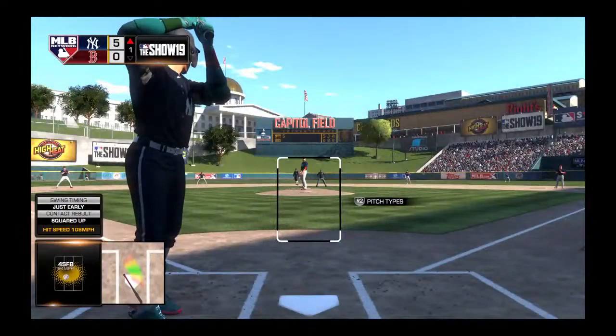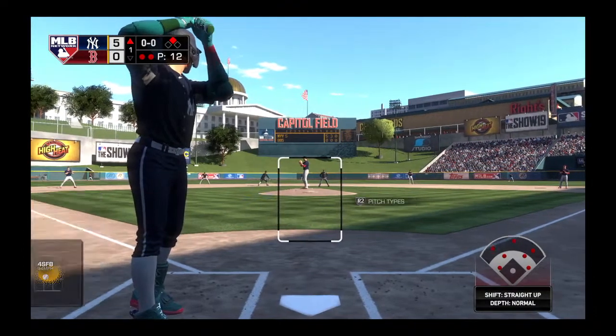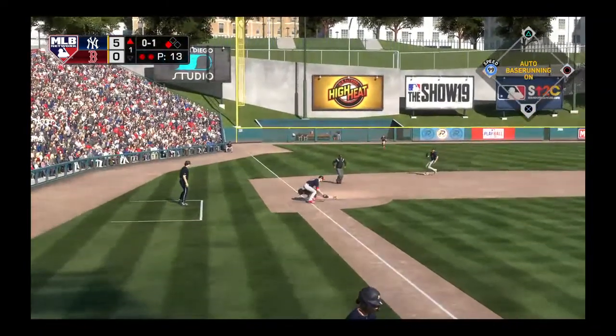Some guys just lay back and watch that first pitch go by no matter what. Work the count, make the pitcher waste a few pitches. But when he serves up a fastball like this on the first pitch, it's hard not to go after it. And that's just what he...